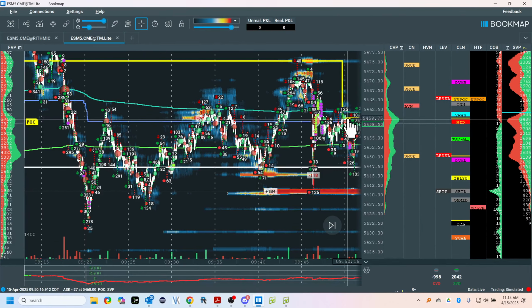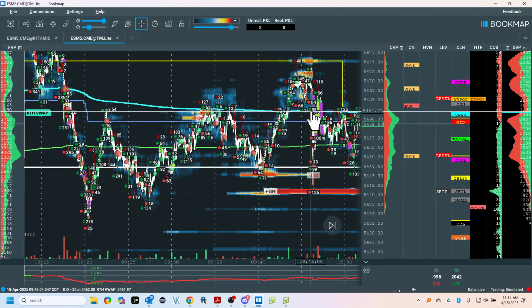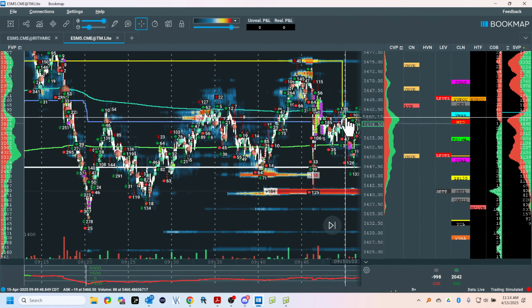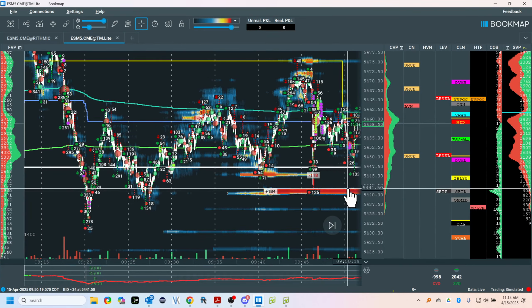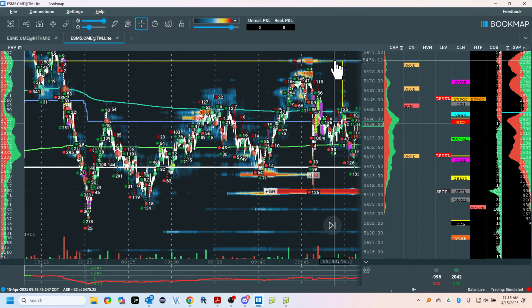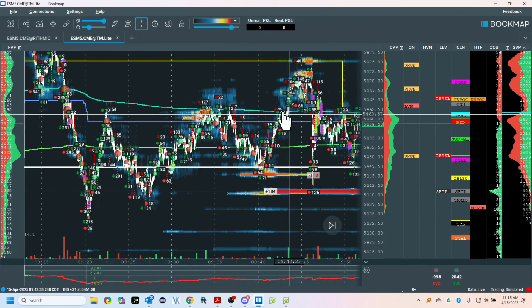VPOC migration, new retail price. Now this was confusing for me because I said, well, this was my dividing line, you see? And then I blew up into this thing. And I'm going, well, what's happening here? So I have my support here. I have my outside edge here with liquidity, and I got variable high volume node here. Retail, too high, current retail. Now I can do this. Let's see what it does.